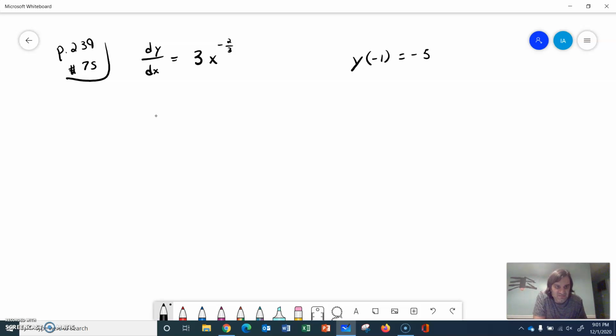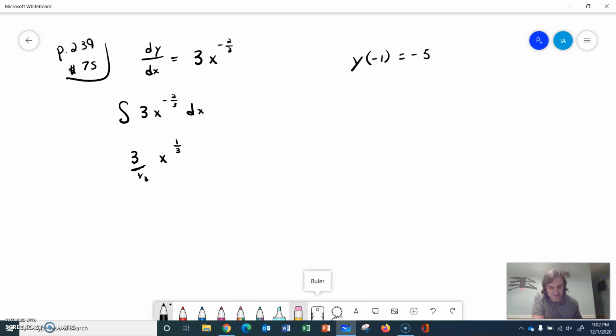So they give me a y prime function, a derivative, and they're asking me to find the y function, and they give me information to narrow it down to a specific c value. Alright, so I'm going to rewrite this as an integral. So the integration of 3x to the negative 2/3 dx. So I'm going to reverse my power rule. So I've got 3 out here. X, the exponent is going to go up to 1/3. And if I divide by 1/3,